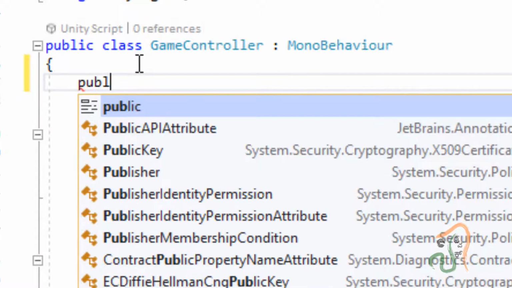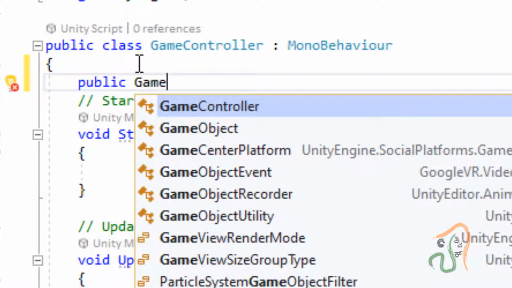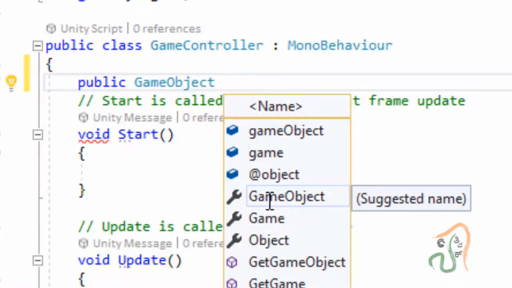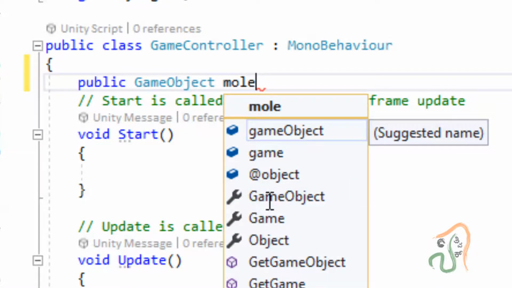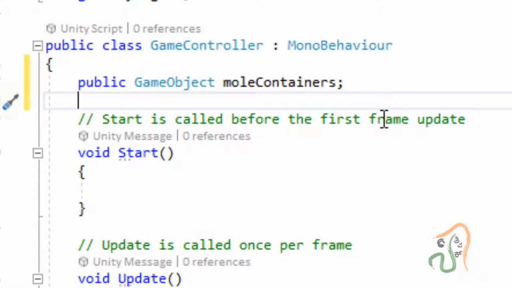So public GameObject, with capital G and O, and let us name this MoleContainers, and end it with a semicolon.